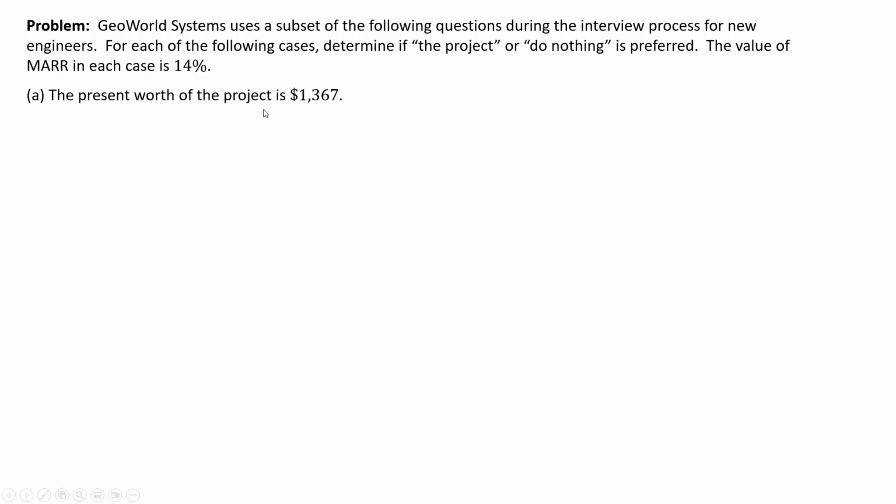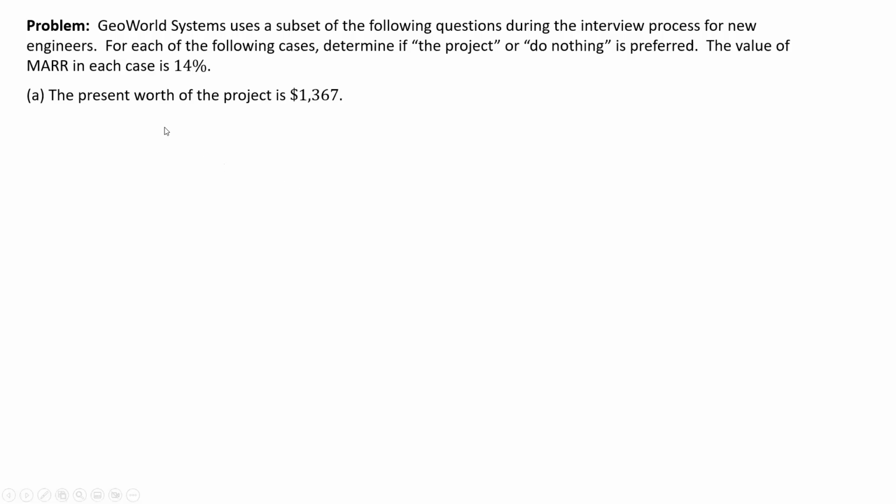The present worth of the project is 1,367. Should you do the project, or should you do nothing? Which one is better? What do you think? With the do nothing, what is the present worth? Zero,